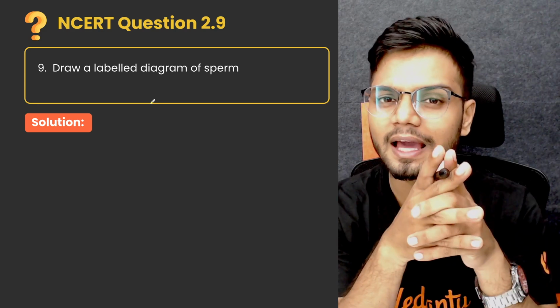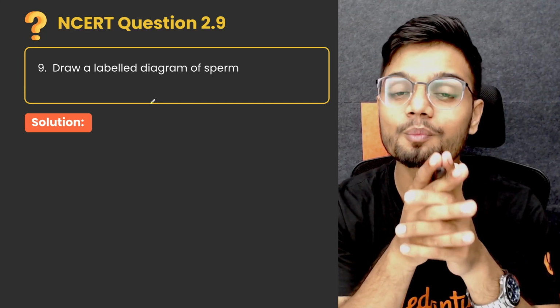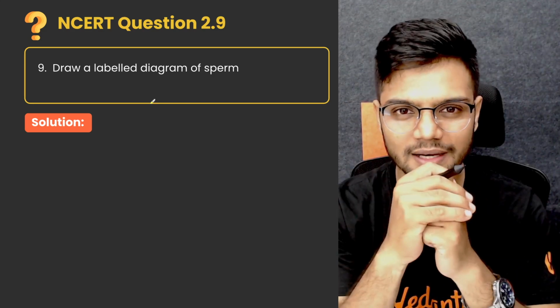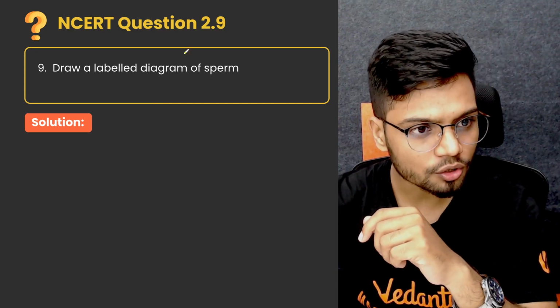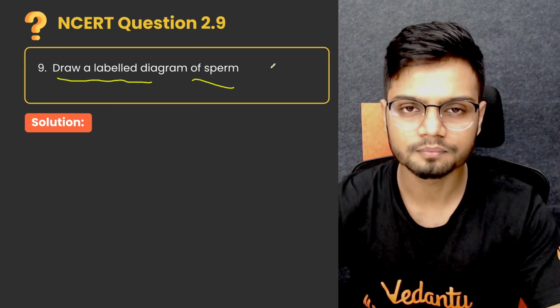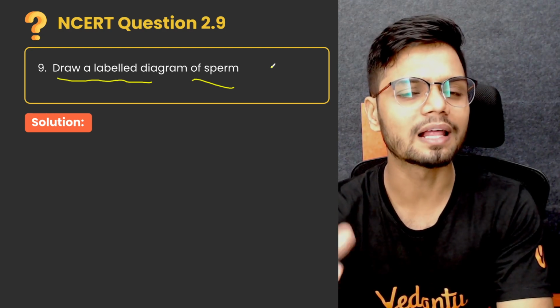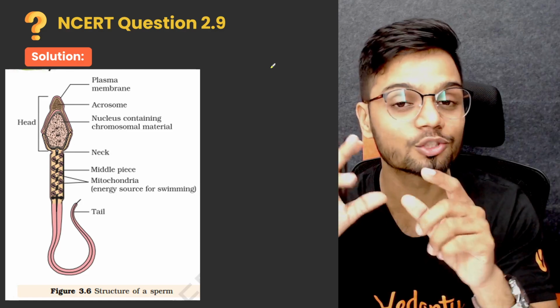Now, let me help you with a question from your biology chapter, Human Reproduction. Let's read the question. The question says, draw a labeled diagram of sperm. Now, I have a diagram for you. Let's quickly look at the diagram and I'll help you to explain the diagram and I'll show you the functions